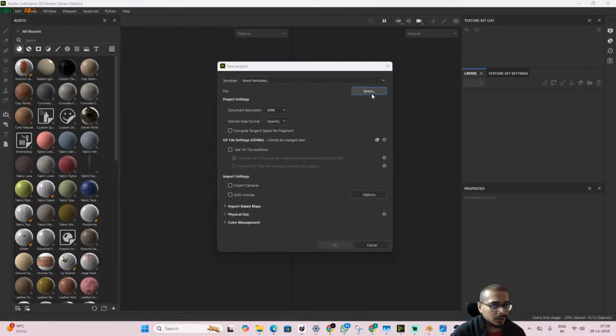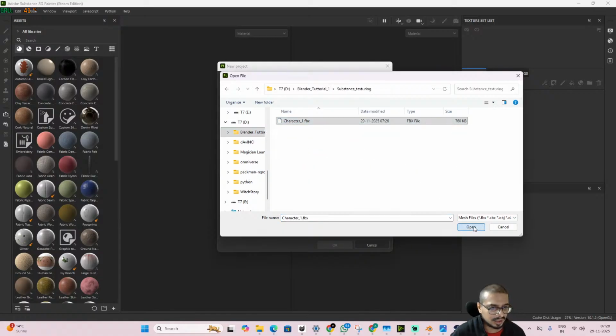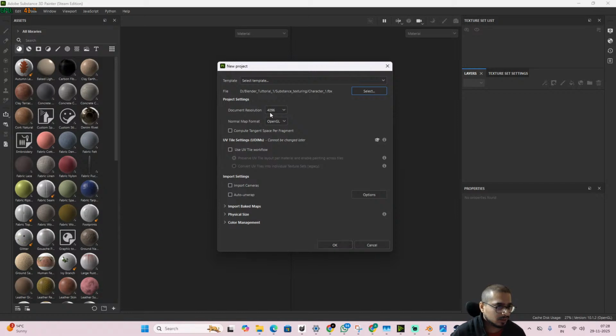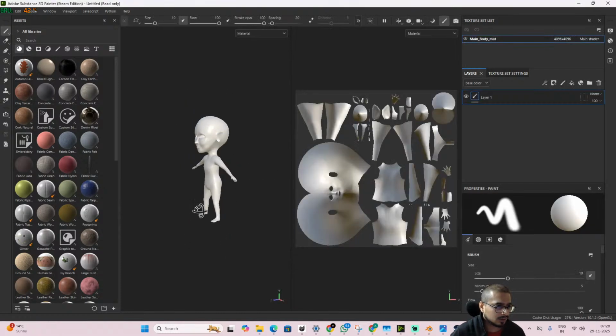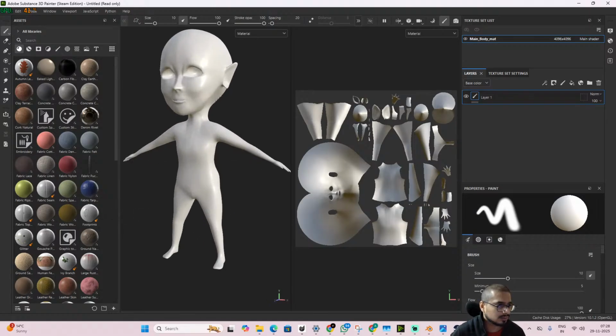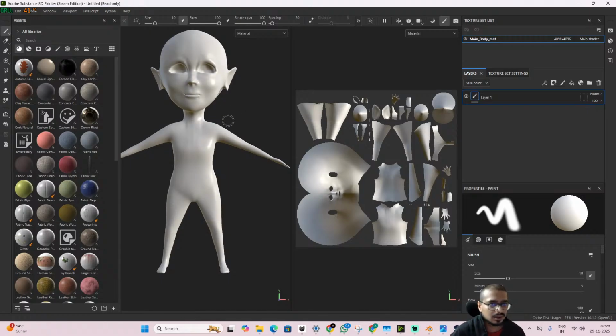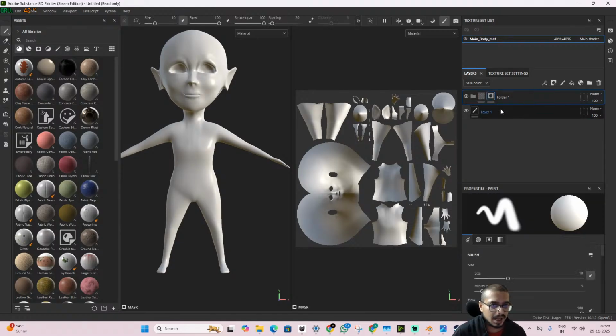I'll press on new, select, and go to the file, substance texturing. This is the file. I'll open it. Okay, 4096 is fine. So everything seems to be perfect. I'll create a folder first and add a black mask. In black mask, I'll